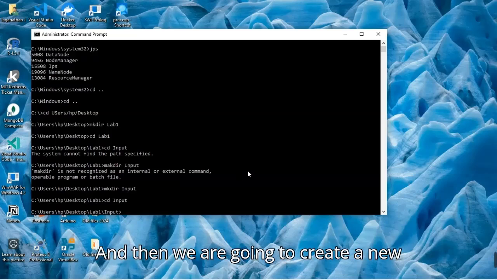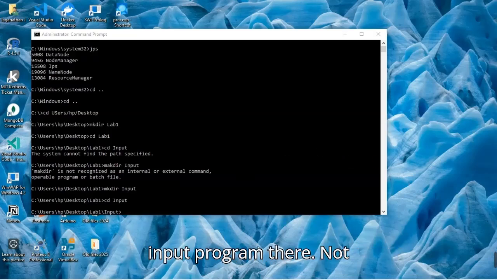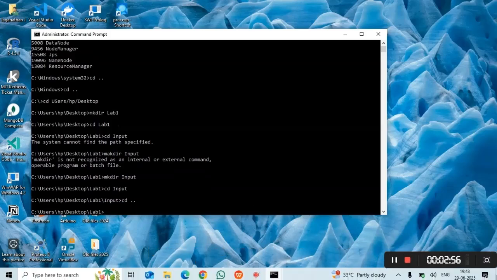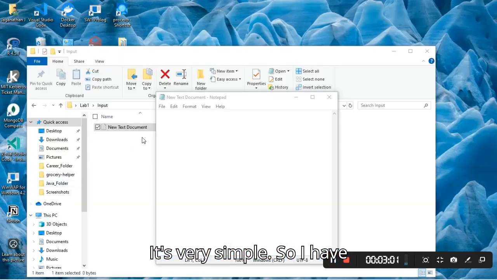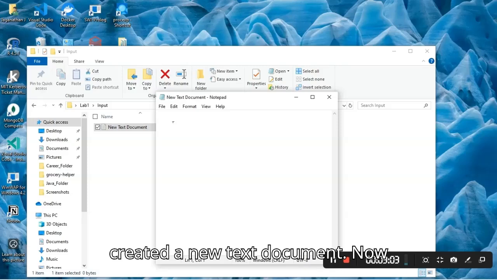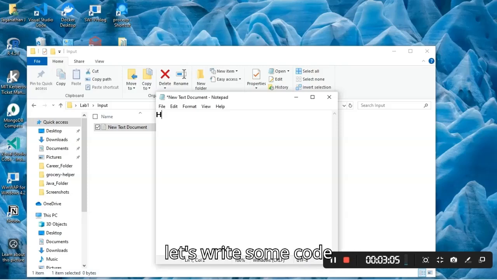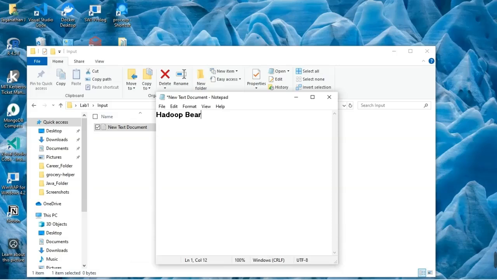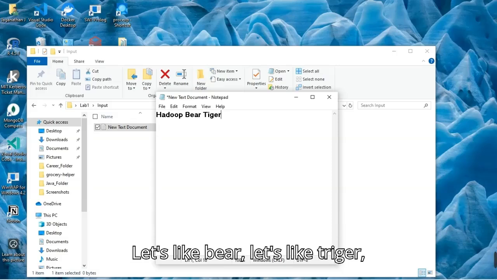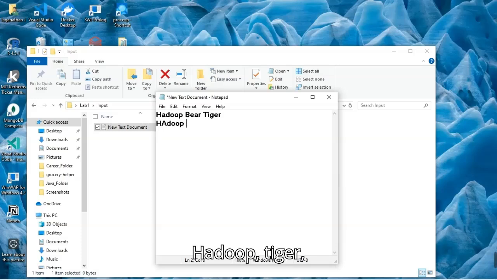And then we are going to create a new input program there. Not here. Let me show you. It's very simple. So I have created a new text document. Now let's write some code. Input, which is, let's write Hadoop. Let's like bear. Let's like tiger. Hadoop tiger bear. And then tiger